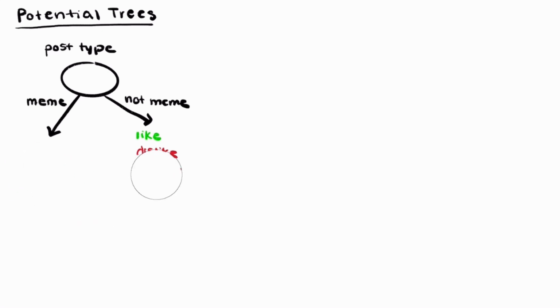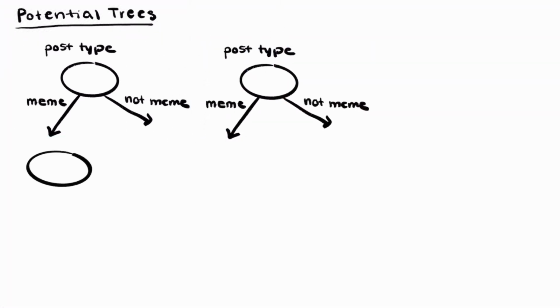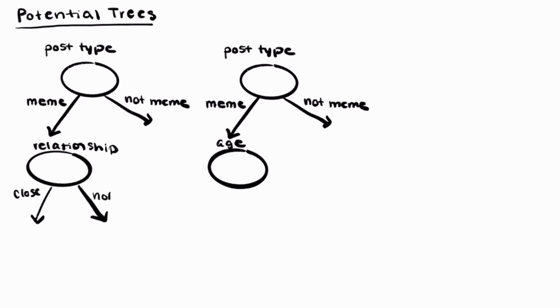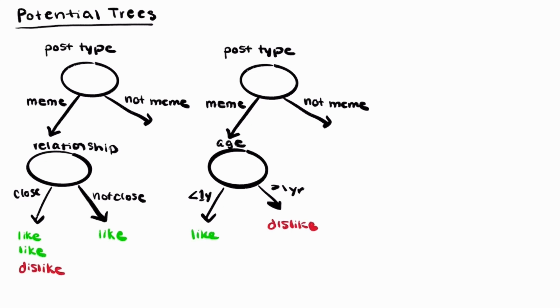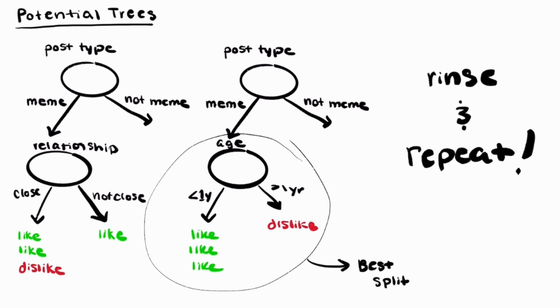After all, if the age of a post doesn't matter to me, why bother including it in the flowchart? Once it's got the first step, it does the same thing for the second, trying to find an attribute that separates all of those examples. It keeps going until the flowchart sorts everything. I know this doesn't really sound that dramatic, but this is all machine learning is. Learning a flowchart is one way to do it, but as long as at the end the machine learning algorithm can separate negative and positive examples, it doesn't really matter how it got there.